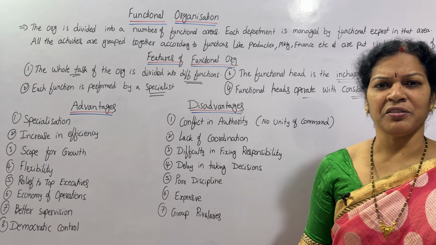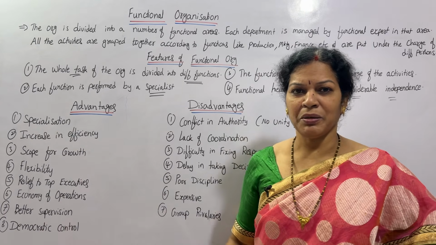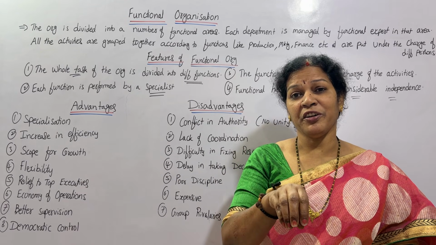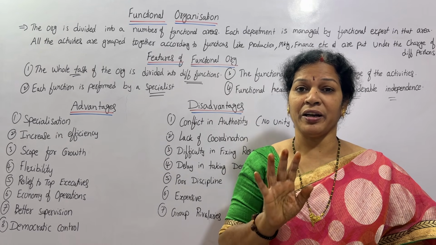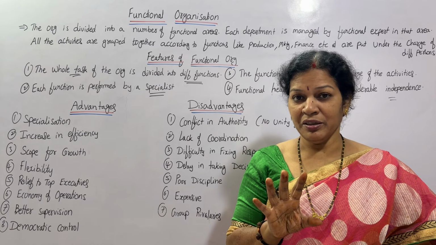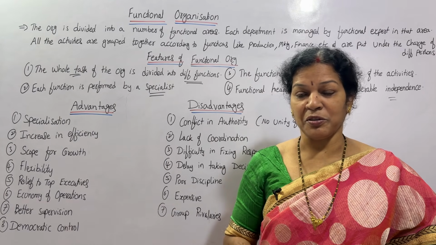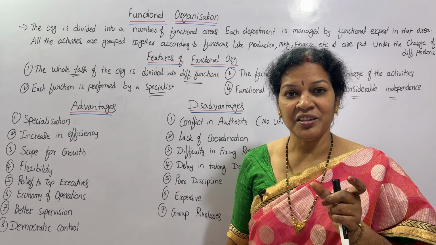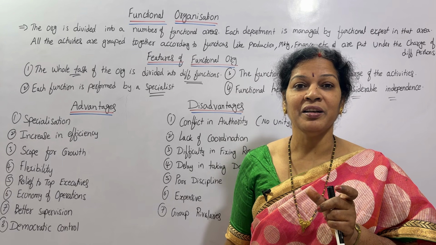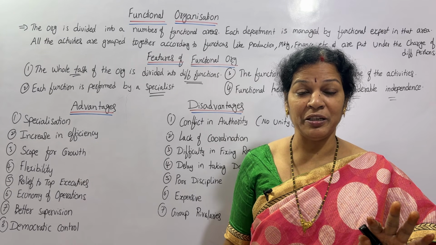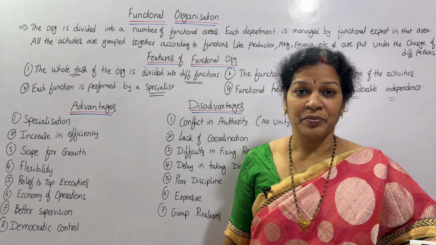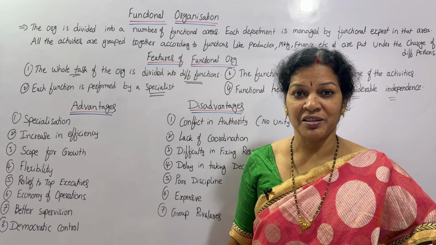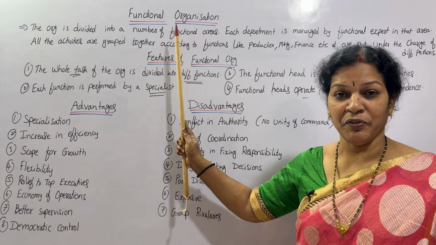Advantages. Total 8 advantages are there. One is specialization, because in functional areas, we identify different functions, different departments, and we appoint different experts of that particular field, and we give authority and at the same time responsibility. It means they are specialized. If they are specialized in that area, that department need not worry. He is an expert. He has good knowledge, he has the skills, he has good experience. So specialization is possible in functional organization.